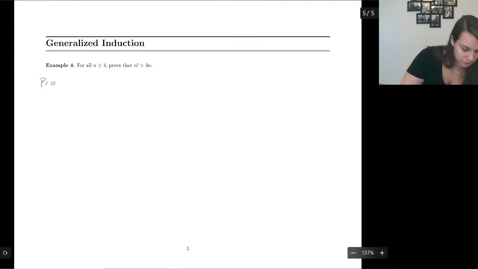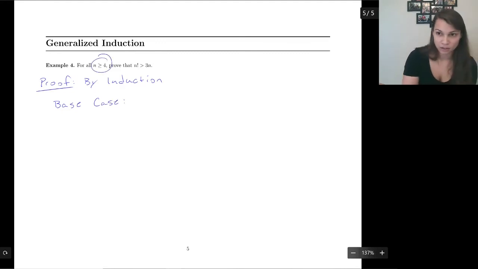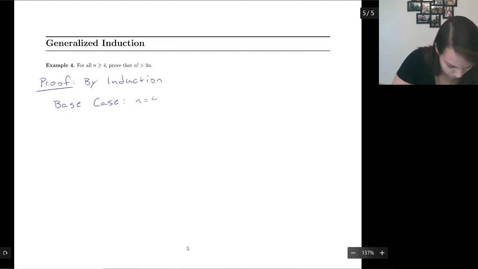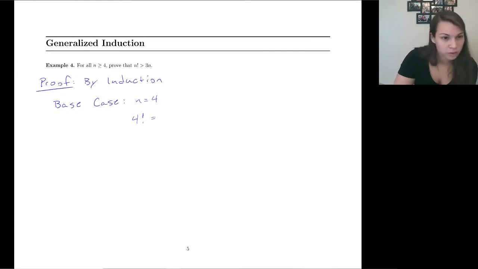So here we go. Here's our proof. We're going to say we're doing it by induction. And here's our base case, which is going to be the smallest n that we can use, which is n equals 4. So we go ahead and we plug 4 in, so 4 factorial, which is going to be equal to,